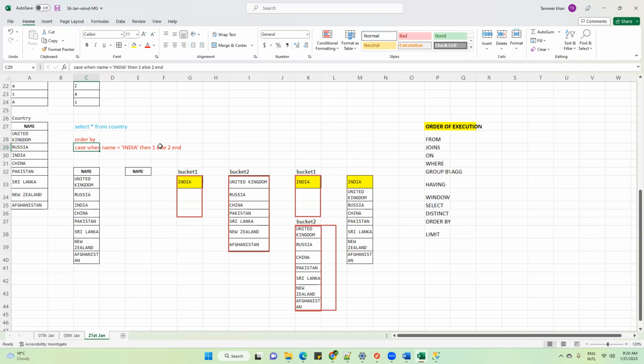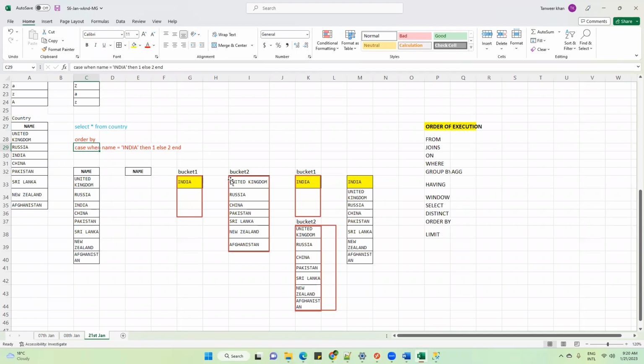Now in this order by, have you mentioned anywhere ascending or descending? No. If you have not mentioned, then what does the engine assume? It will consider it as ascending. Ascending order, not random.